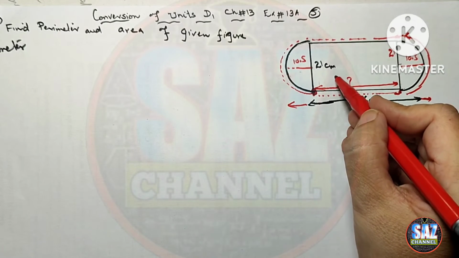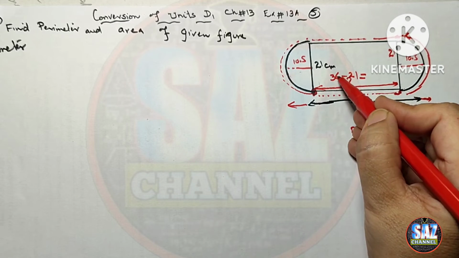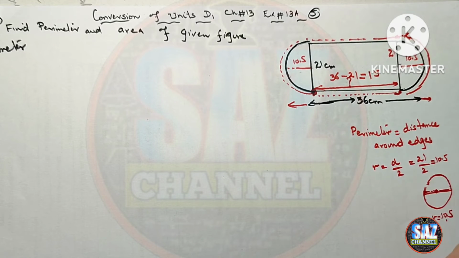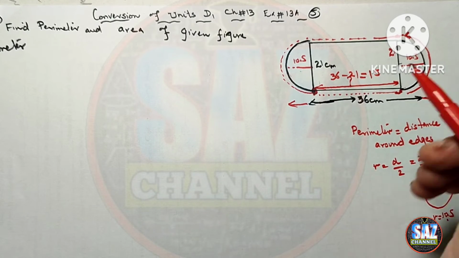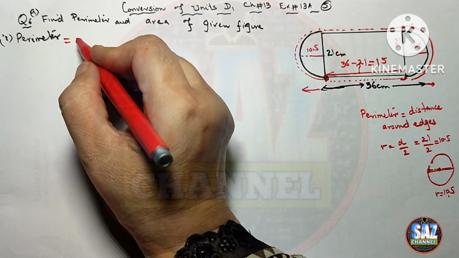So from 36 I have to subtract 21. That is 6 minus 1 is 5, and 3 minus 2 is 1, so 15 centimeters. So for the perimeter I have to find the circumference of the circle